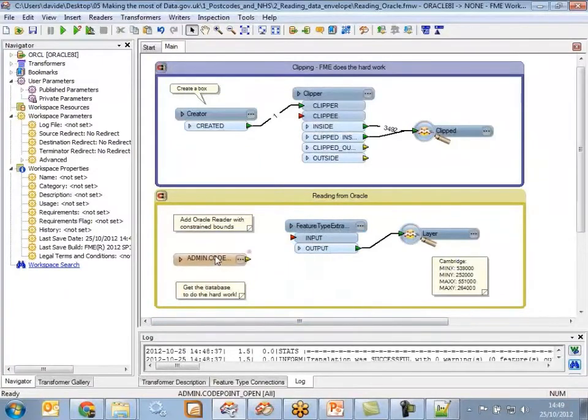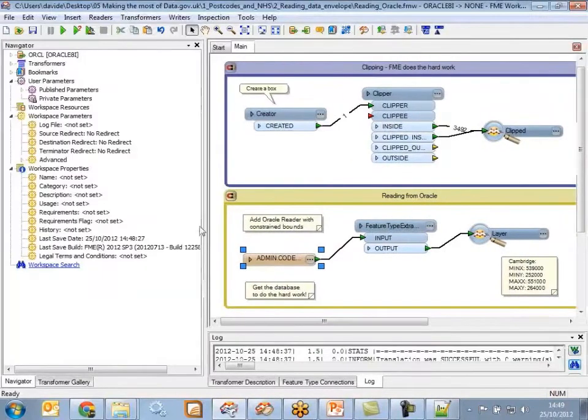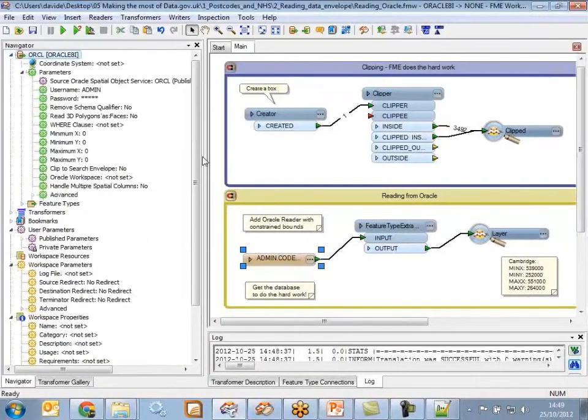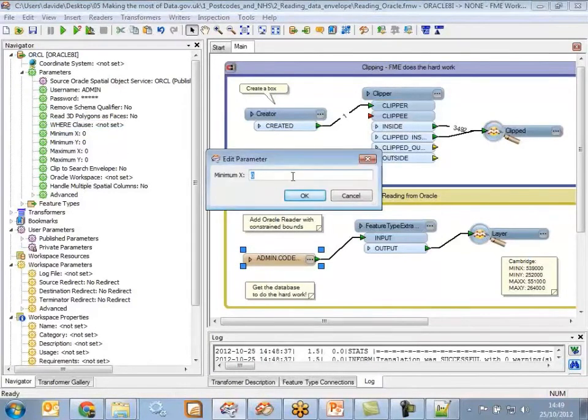So if we move that down to here, when you're working with a small number of features, this isn't actually going to make a significant difference to the speed this process runs, but when you start working with large numbers, it does make a difference. If we go to our reader, you can see that on the database I have the ability to pass a where clause, so I could get postcodes of a particular type and just read those back. I can also specify a bounding box, so I can type in here that I want to only read back